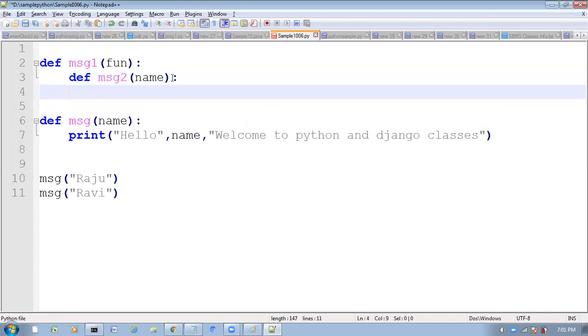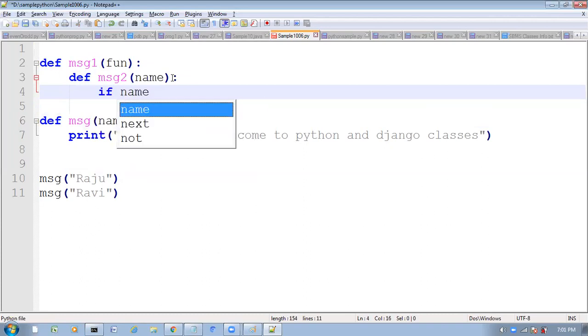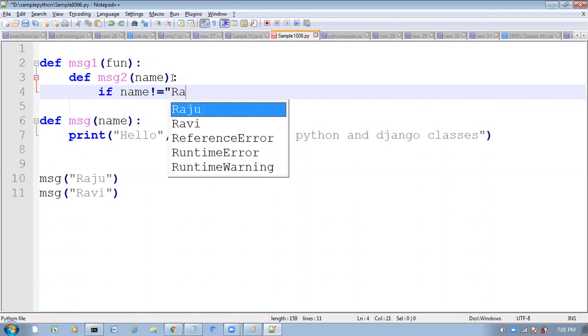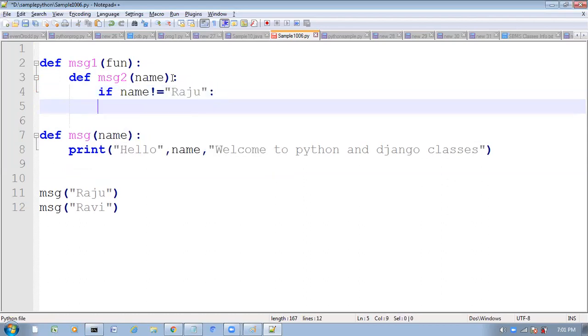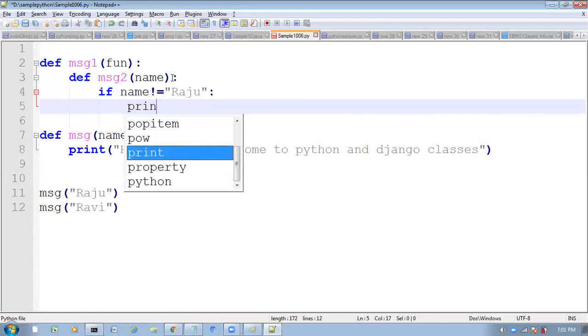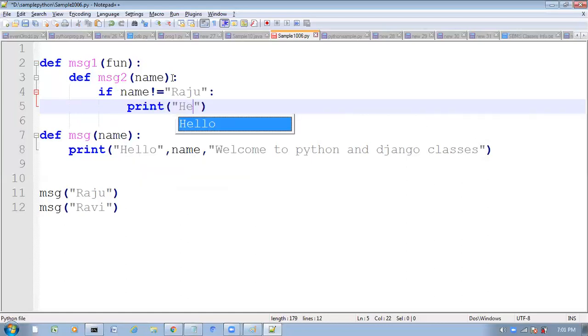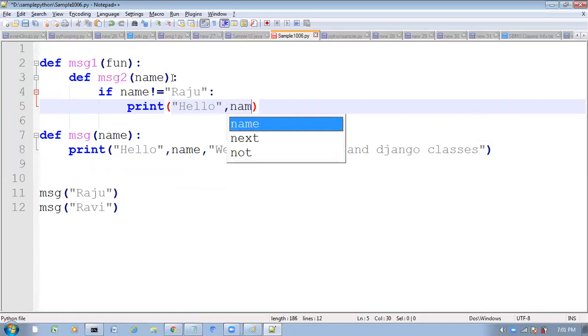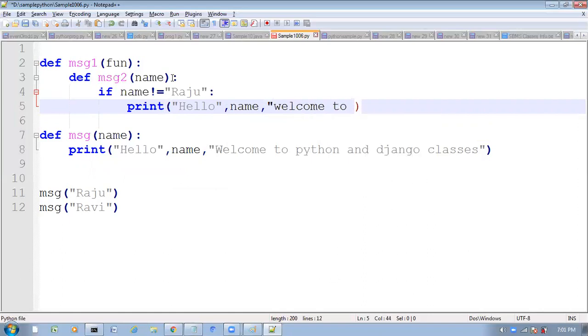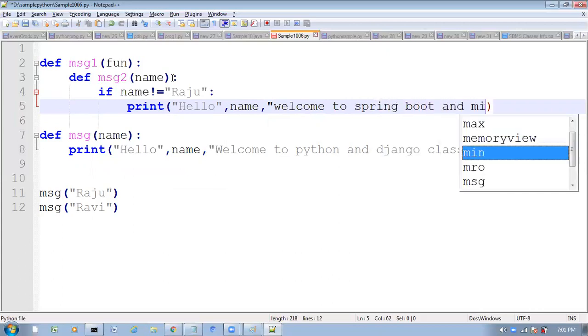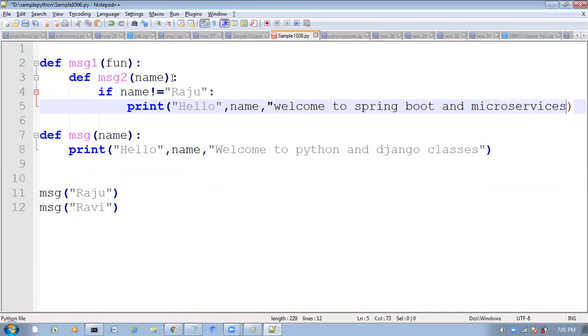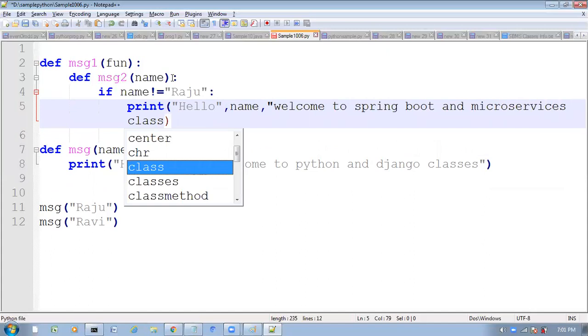And here I am going to write one condition: if name not equal to Raju, then I just want to print hello name, welcome to Spring Boot and microservices class.